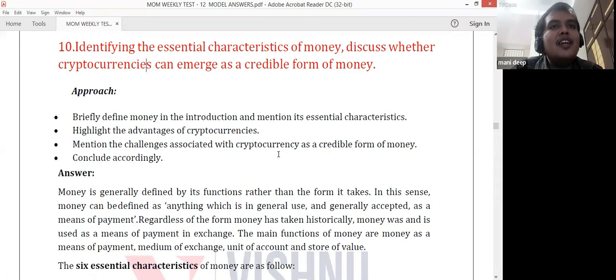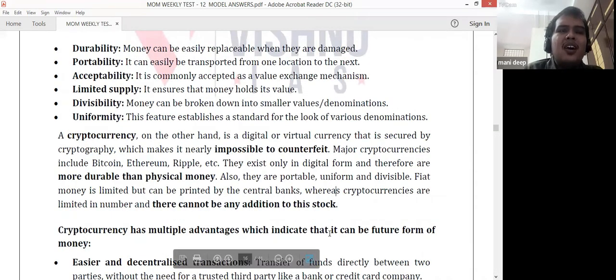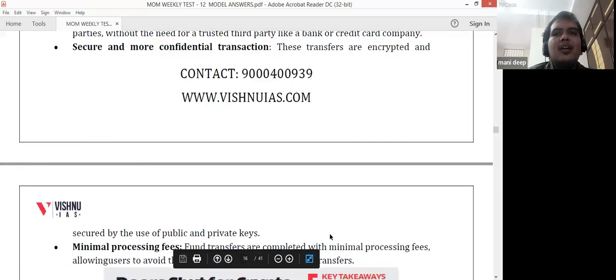And you can also say it is not credible because it is very much volatile. There is nothing backing cryptocurrency. It's just speculative, so it is very much volatile. One day it may be 1 lakh rupees, and the next day it can be 10,000 rupees. So due to its high volatility, it is not a credible form. Second, you can write it is not accepted by different people. So acceptance, the first major part of money, is not fulfilled. These are the things you can write about cryptocurrency, and you can conclude by saying the government had accepted it as a legal tender, but now they are regulating it. So this can be your conclusion.